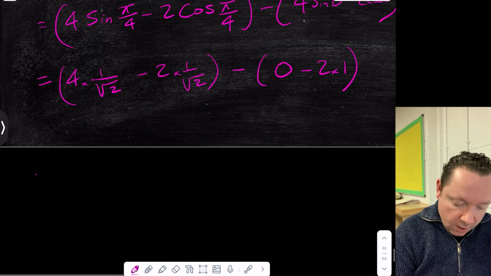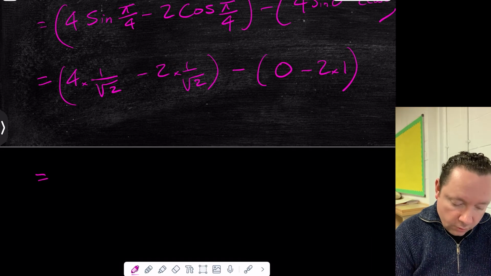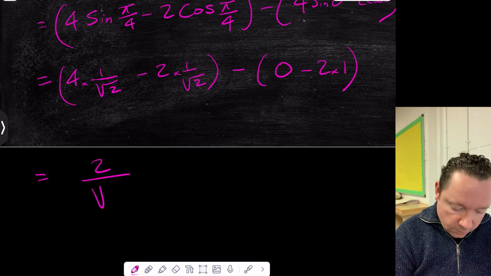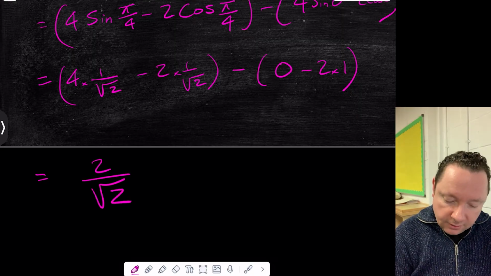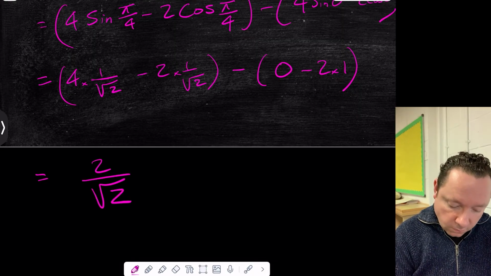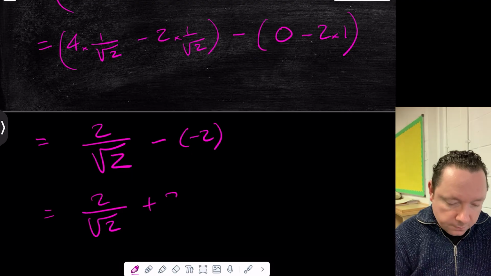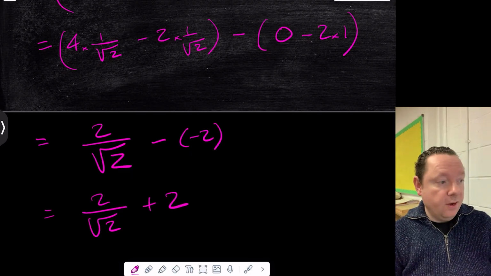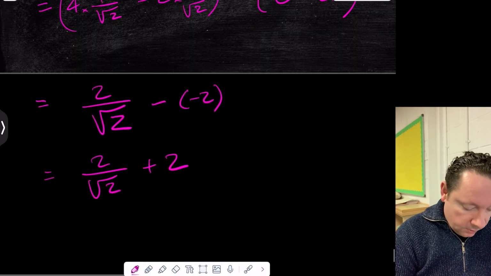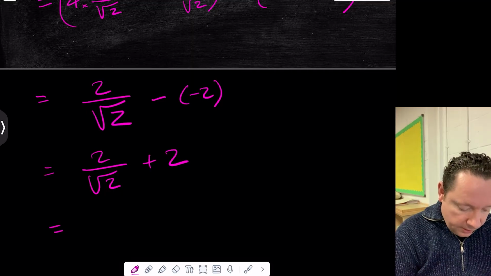Tidying all that up, we've got 4 over root 2 minus 2 over root 2, which just gives me 2 over root 2 for the first bracket. And 0 minus 2 is minus 2, so minus 2. So that's 2 over root 2 plus 2. So let's do a bit of revision on how to simplify something like that. We're adding 2 onto this, so let's make it the same denominator, 2 over root 2